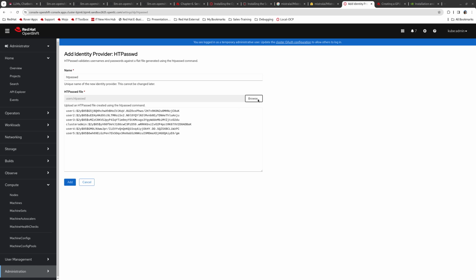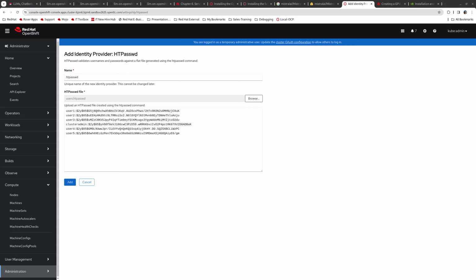So you can do that by browsing and getting the file that you have created on your local machine and upload it here. To create such a file, you would need to initiate some commands using htpasswd, something like